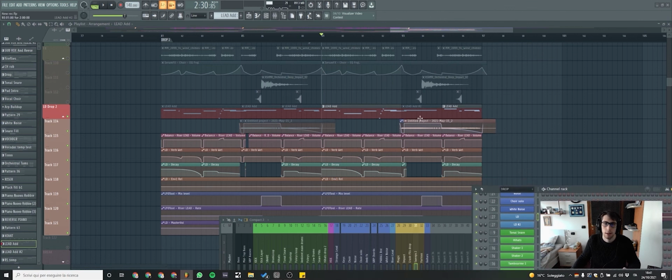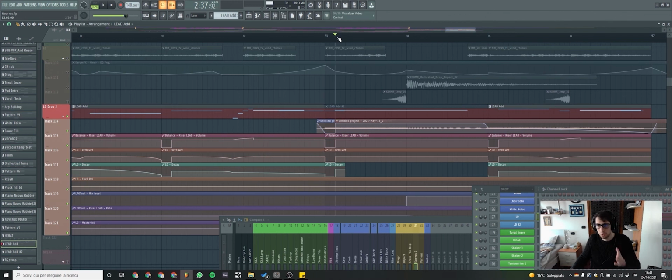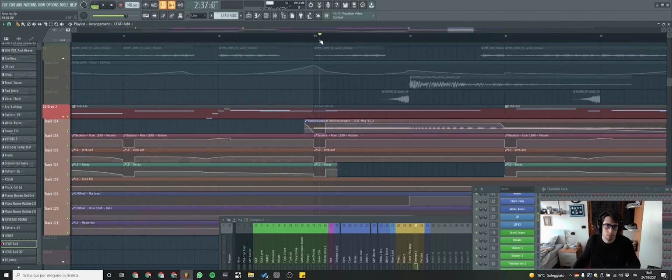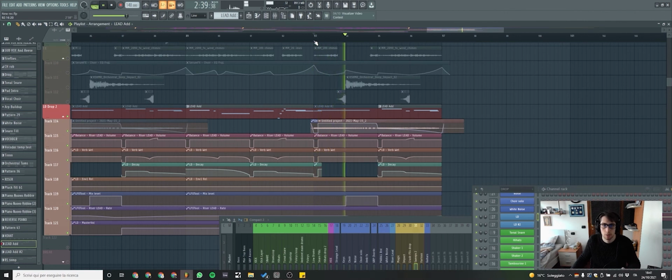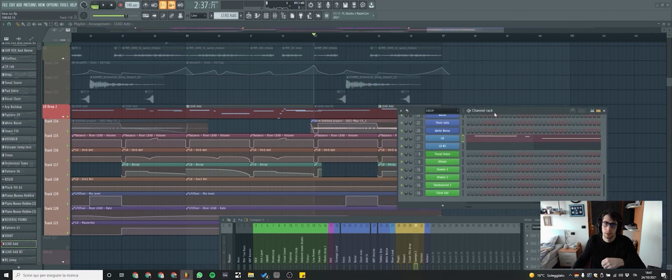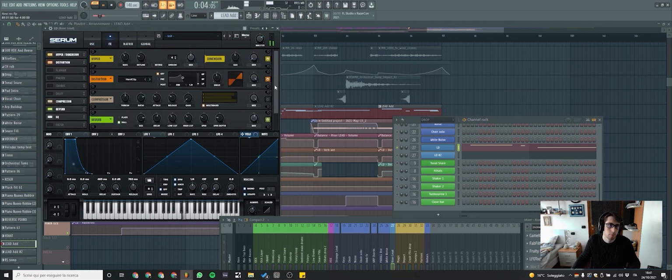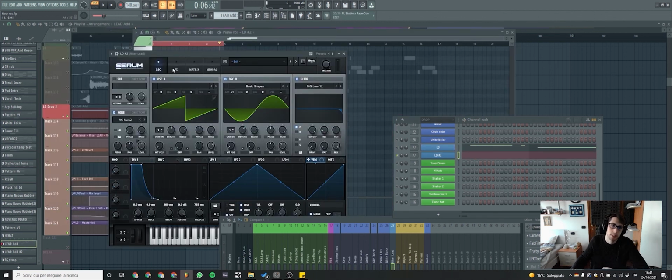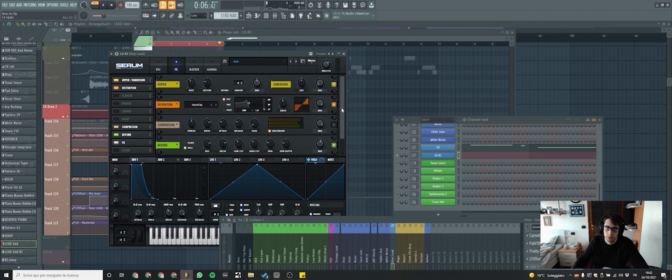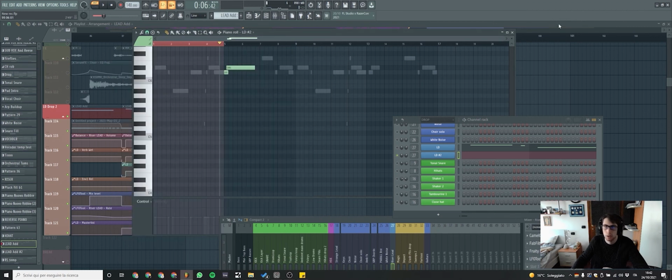I think the LFO part is a little bugged because it should be a little more solid, but this project is a little bugged on this part, so now it was played good. So the leads are basically two Serums that we have done from scratch because they are simple leads. This. And this lead, which is basically the same but with less effects on one part of the drop, nothing more.